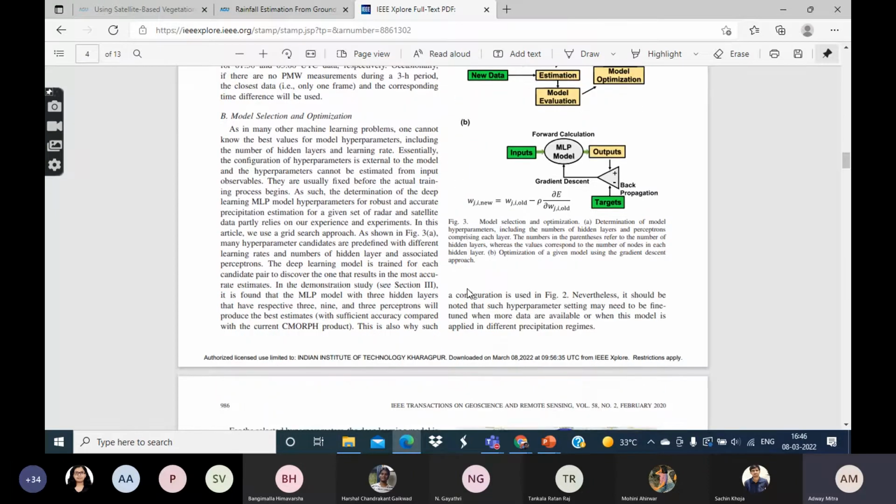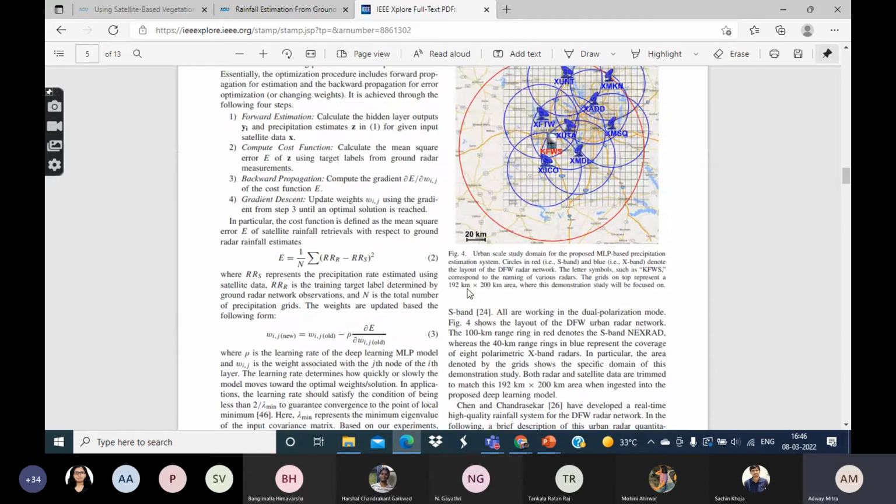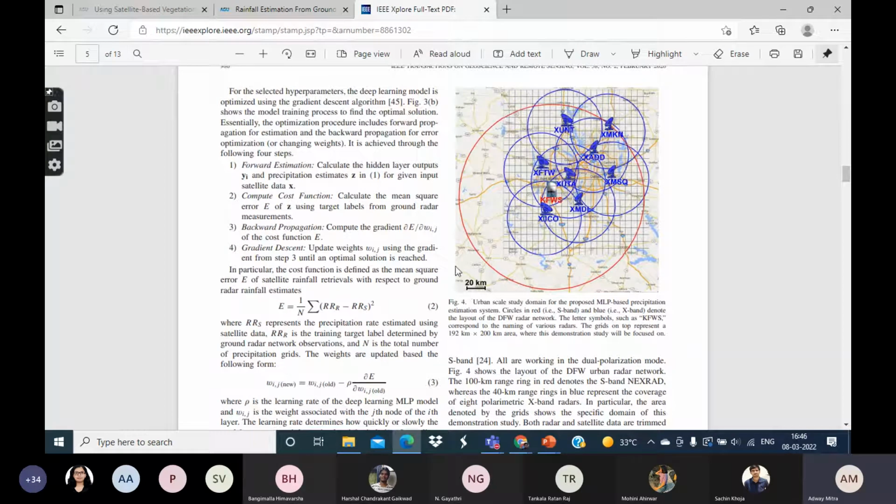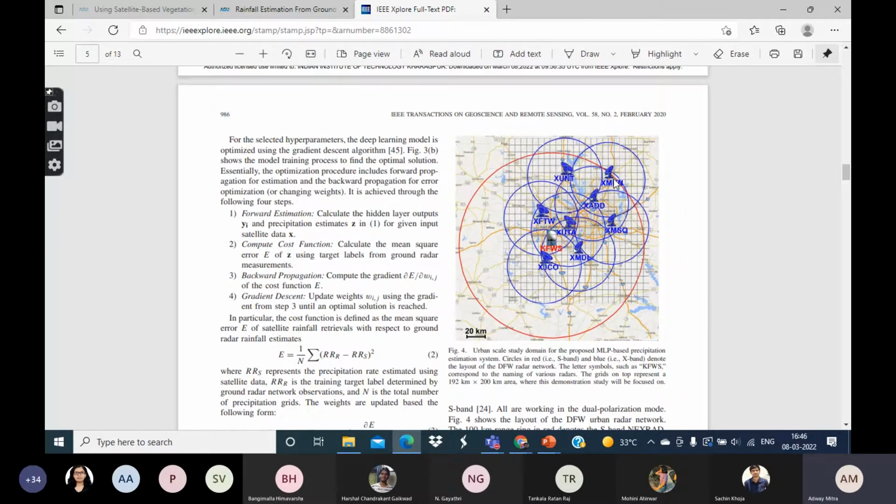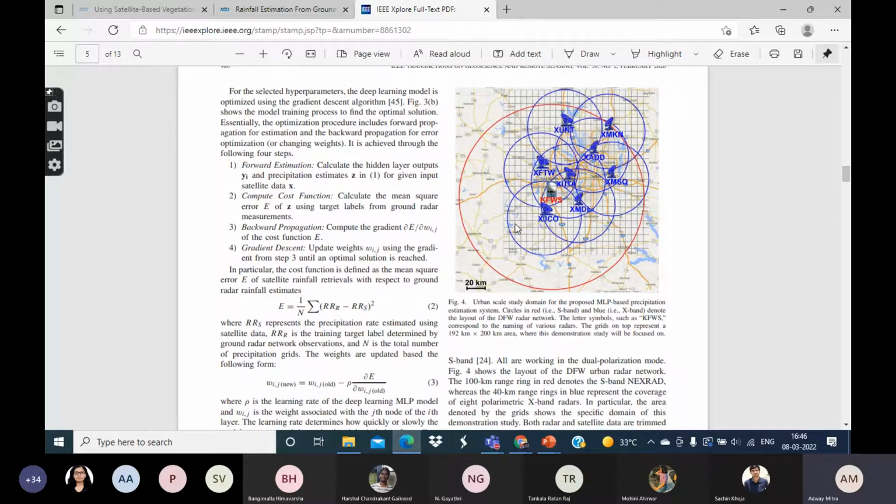And once they have trained this perceptron, it is able to utilize the satellite imagery from the geo and leo satellites to produce accurate estimates of rainfall over a large region. I mean, it's basically over any region which these geo and leo satellites can capture in their imagery. Yes, so this just demonstrates the radar network which they have, as well as the